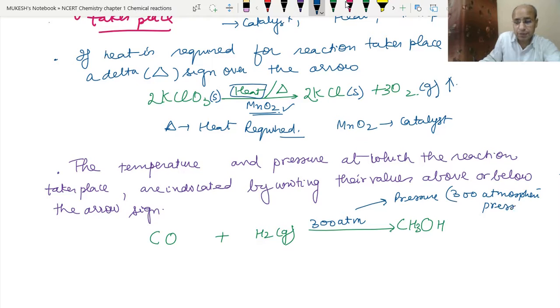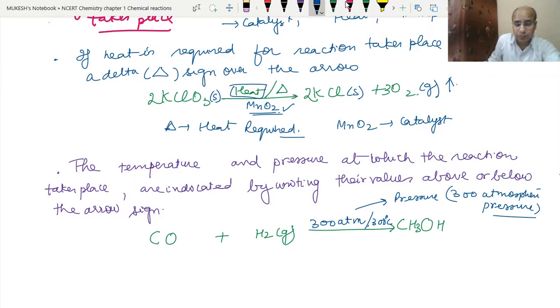Okay. So what is the 300 atmospheric pressure? It is 300 times the pressure that we face normally, and at that reaction pressure this reaction takes place. And the second thing, it takes place at 300 degrees Celsius. We have to maintain the temperature at 300 degrees Celsius. That means we have to provide the heat also from the outside.